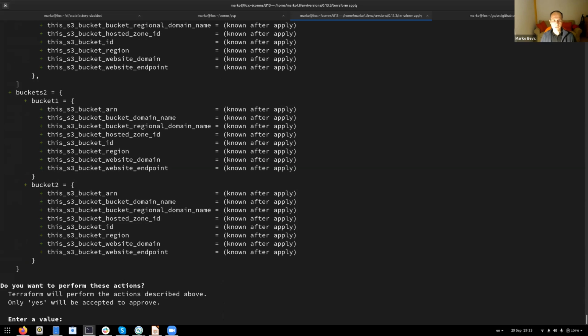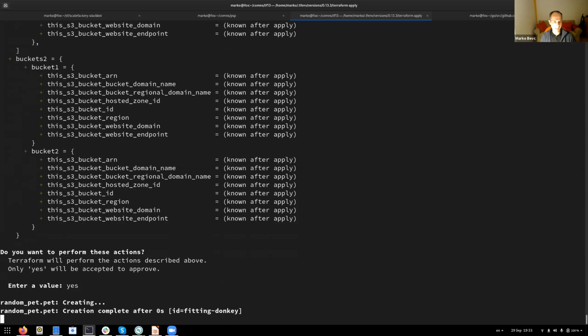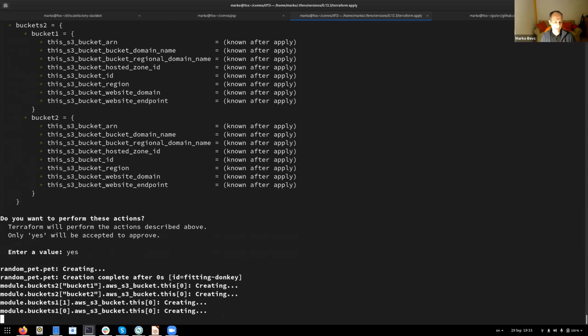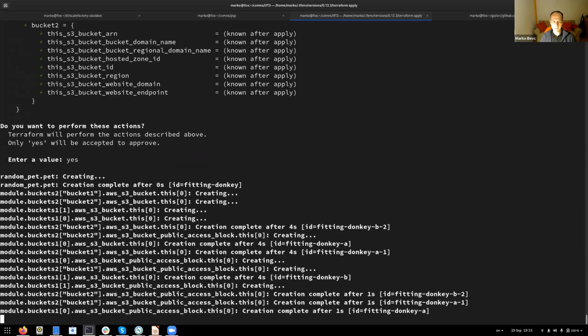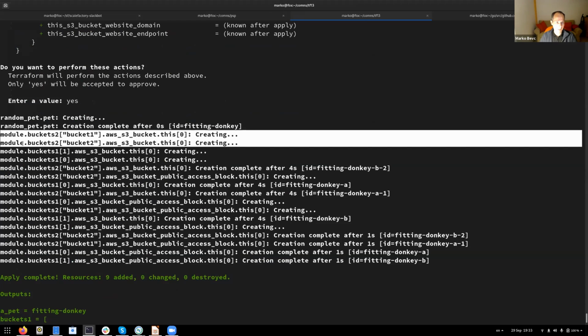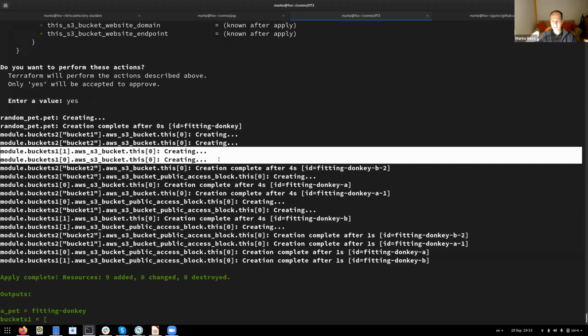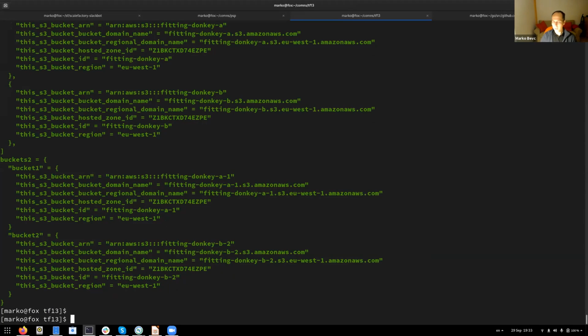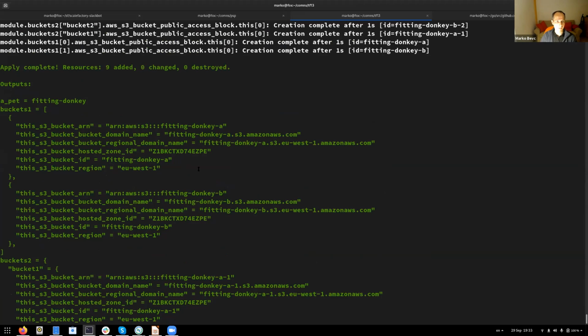And what I want you to be aware of here is the ordering, how the things are applied. As I said before, I'm not using any kind of dependencies here. So you will notice that by default, Terraform is just kicking off module deployments in parallel. As you can see here, it started with both of buckets 2 modules and then immediately kicked off buckets 1 modules, right? Kind of makes sense. It figured out there are no dependencies between those 2 modules. Let's just start them in parallel, and boom, we have modules created with random pet names, which is exactly